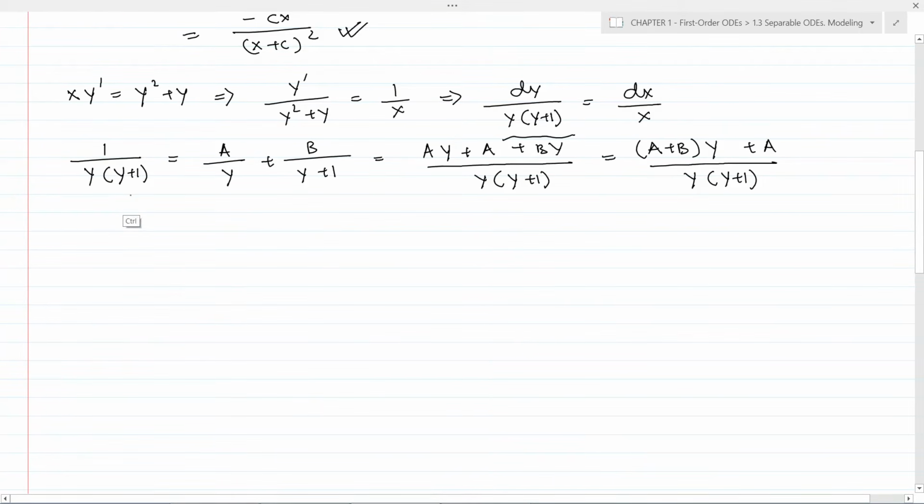Now since these two expressions are equal, and their denominators are also equal, we can equate the numerators, and we can write 1 is equal to (a plus b) times y plus a. In the left hand side we see that there is no y term, so this a plus b is equal to 0,